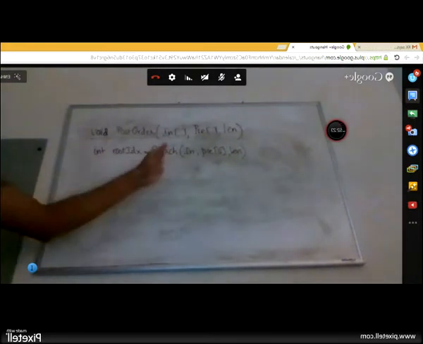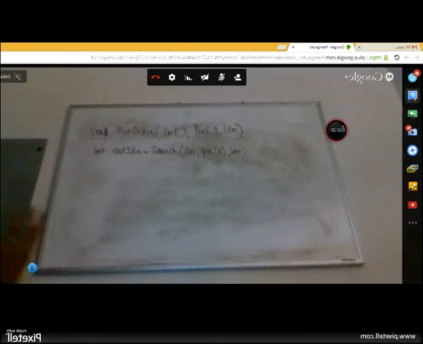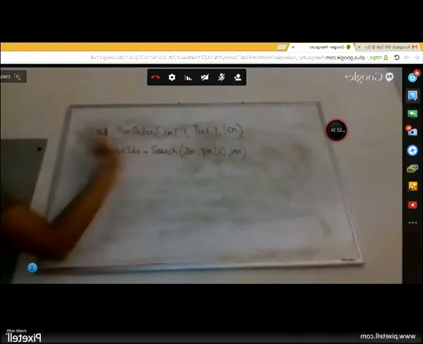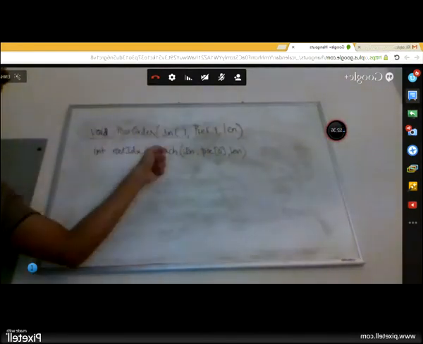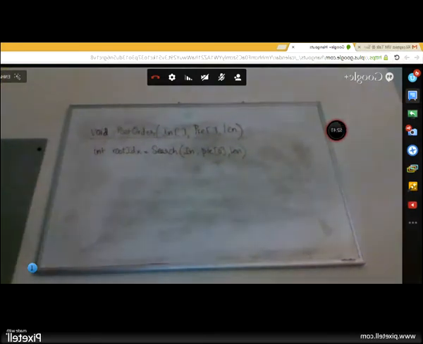I can implement this function any way I want to. I can use hash maps if it's a binary search tree with no duplicates, or I can use binary search. There are different ways I can do it, but we already talked about it. Let's pretend this is already implemented. There's a magic oracle which will just tell me where the root index is.